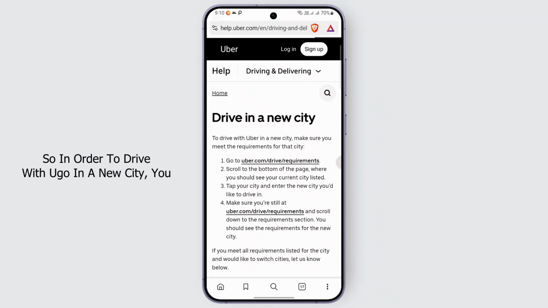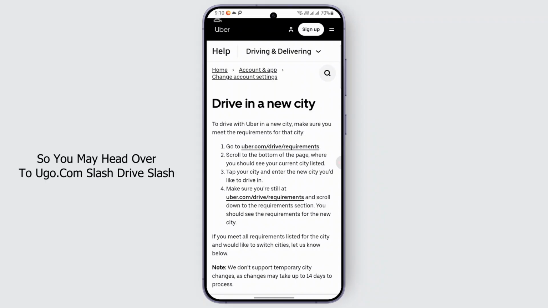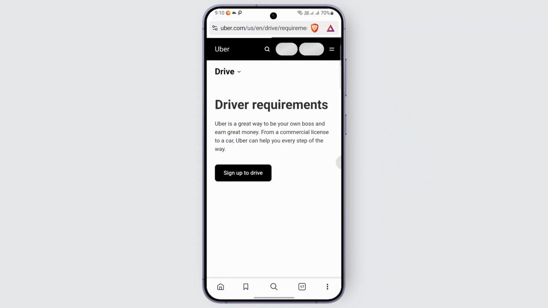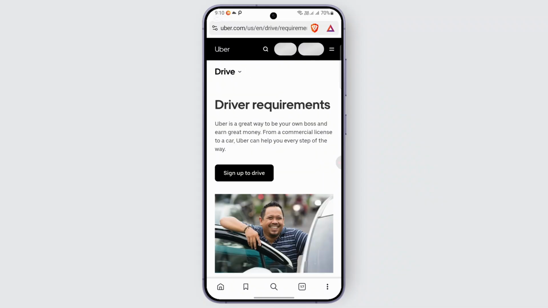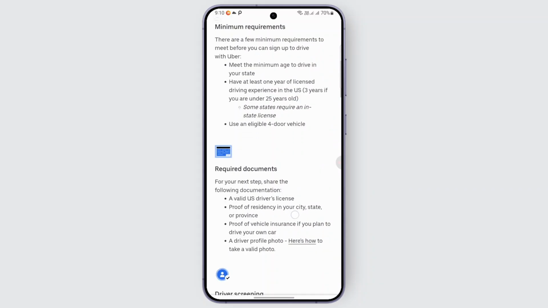So in order to drive with Uber in a new city, you need to meet the requirements for that city. So you may head over to uber.com/drive/requirements, tap on it, and it will lead you to another page. Now all you gotta do from here is follow the on-screen prompts, sign up to drive, and